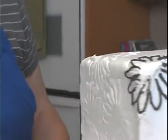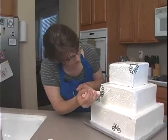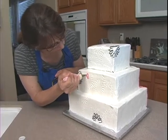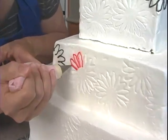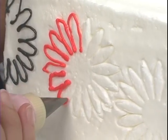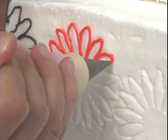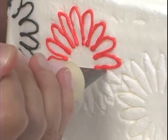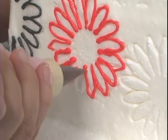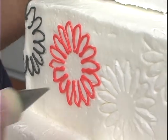And then what I want to do now is I'm going to switch to my red, same tip, number 2, and I'm going to fill in. It's just like drawing, and you're kind of filling in the imprint you made. It's really going to be the easiest thing because I don't have to worry about